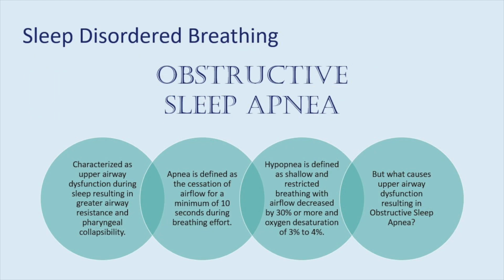The third and final component of the cardiac triad is sleep disordered breathing. Specifically, we're going to be talking about obstructive sleep apnea. This condition is characterized as upper airway dysfunction during sleep, resulting in a greater airway resistance and pharyngeal collapsibility. So the structures in your pharynx, such as the back of your tongue, your soft palate, your epiglottis, and your uvula, are going to be blocking your airway down towards your trachea, causing you to wake up in the